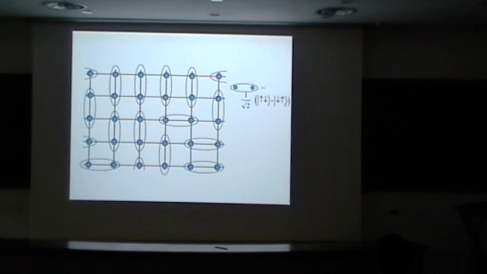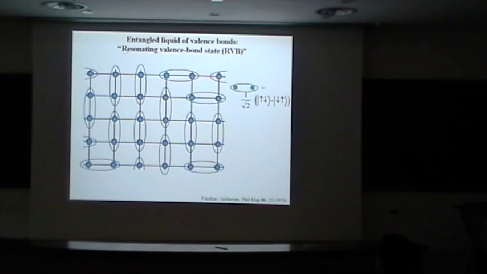a flip like this, because this is what this ring exchange does. And you can do this at various places here on this lattice, let's say here and here. And this tells you that the true ground state might be a superposition of many of these configurations. So this is certainly one possibility. And then one could consider essentially an equal weight superposition of all of these possible dimer coverings or singlet coverings of